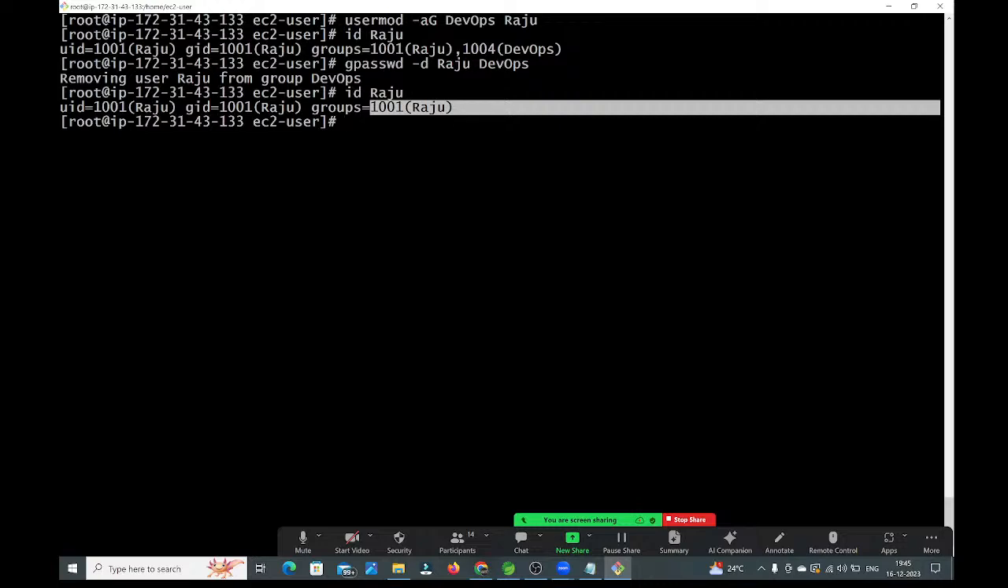Is it clear? How to create the group, how to add the user to a particular group, how to delete the user from the particular group. Is it clear? Okay,